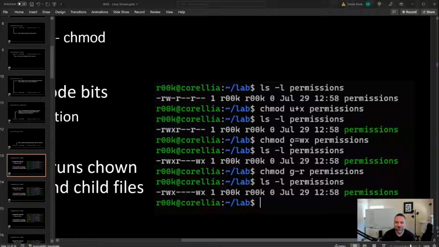If we specifically use equals, it'll actually overwrite the permission bits. Right now we just have the read bit set. We set it to equals write and execute, and that sets it to write and execute and gets rid of the read. So that's setting it explicitly to something. And then the minus is just the last part of that. Instead of adding something or setting it equal to something, we're just removing. So here we're removing the read bit from the group section.